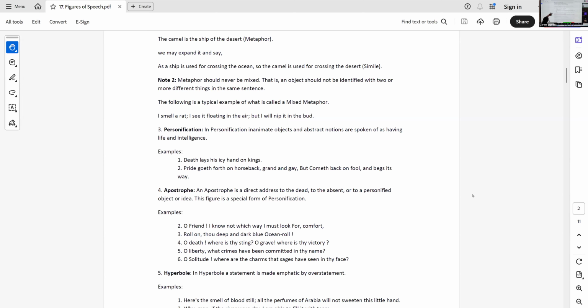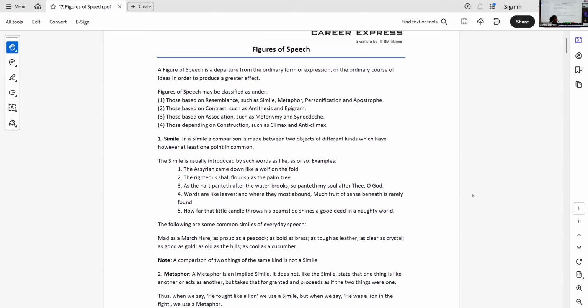Okay, today we are doing a very important chapter. For those of you who are taking CUET or IPMAT, any of those exams, most exams, they test figures of speech in some way or the other. Figures of speech, or what we also know as literary devices. In CBSE also this is covered.